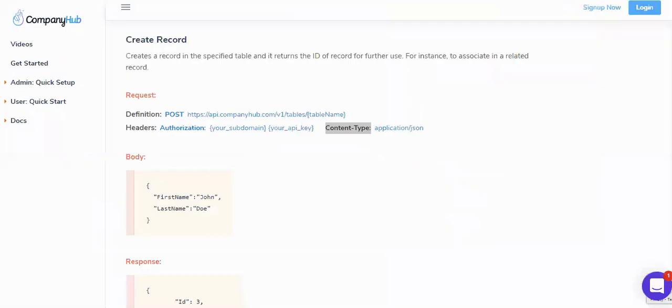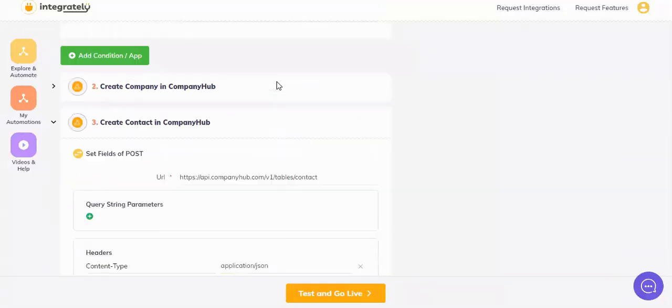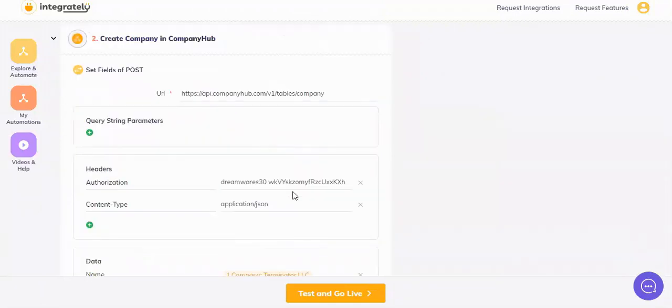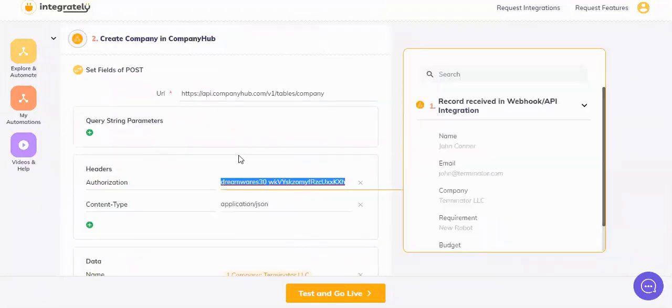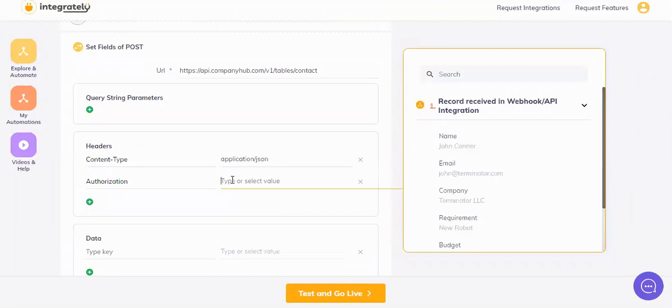Wherein we wanted to add the subdomain and the API key separated by space. So let's go in the previous step to copy that. Copy